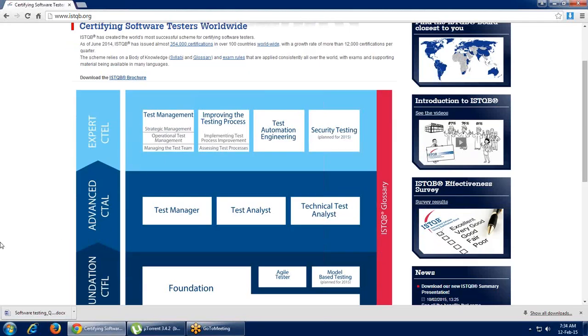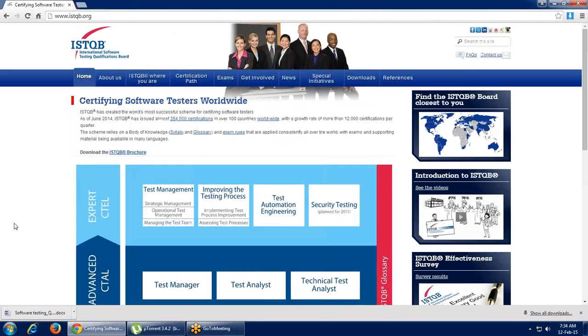Similarly, the manual testing course that I will follow here will follow the software testing qualification board standard. It stands for ISTQB, International Software Testing Qualification Board.